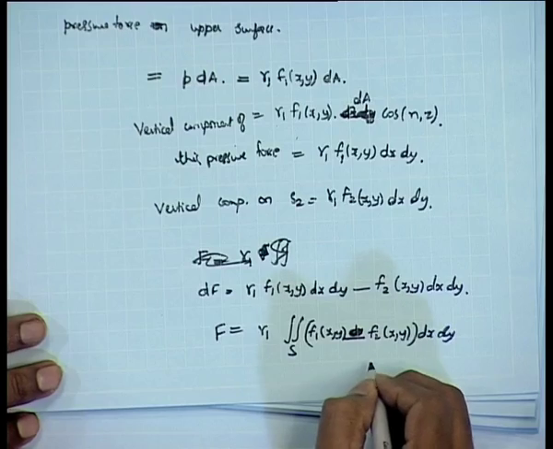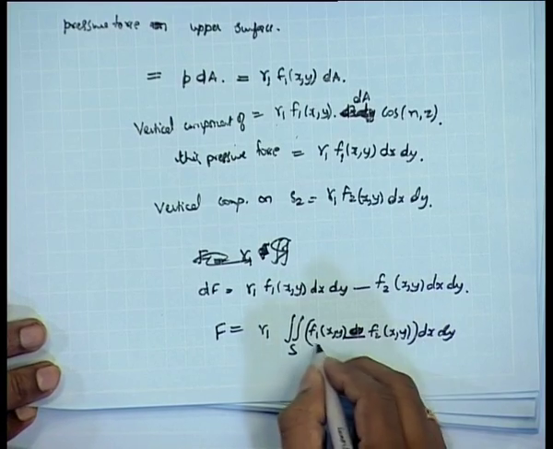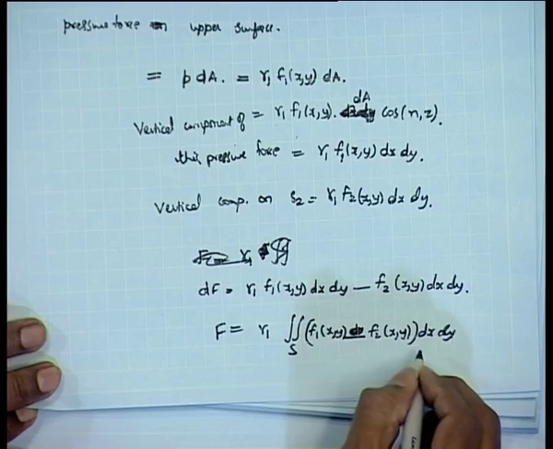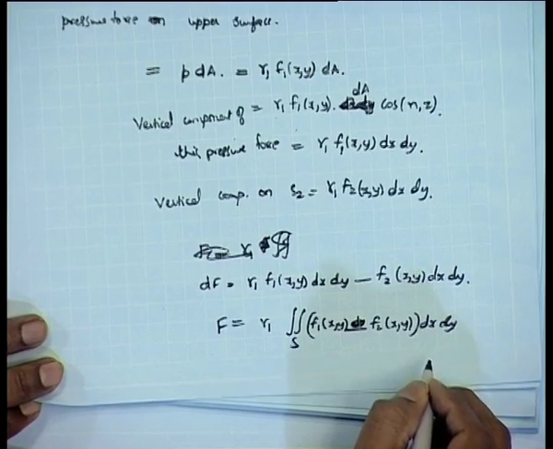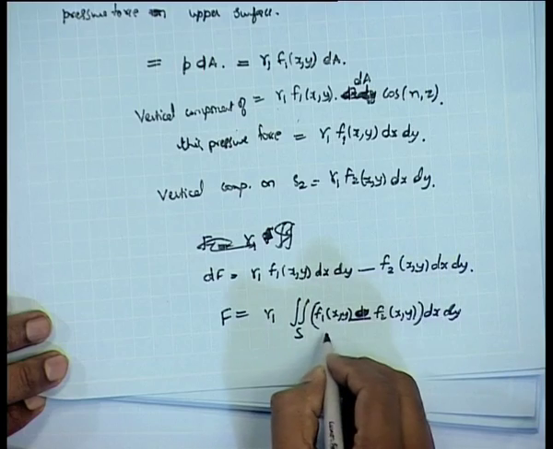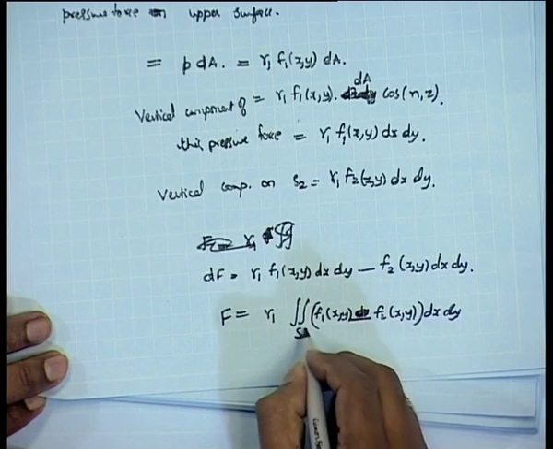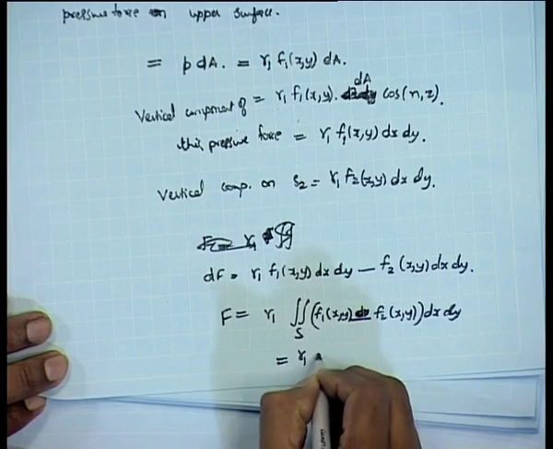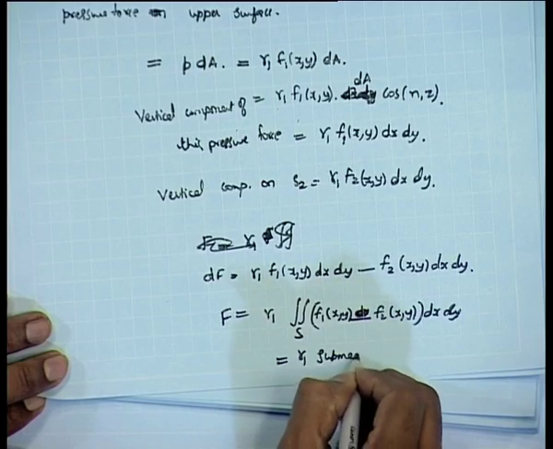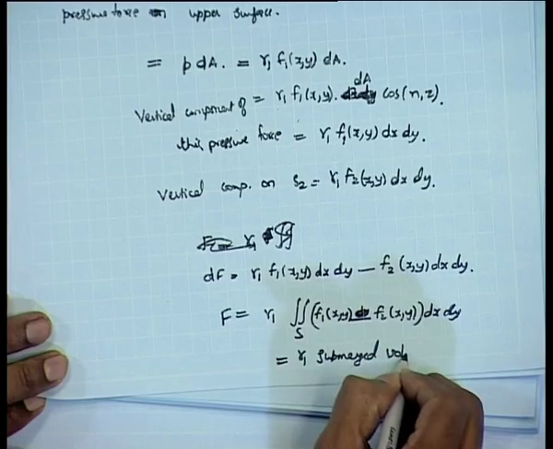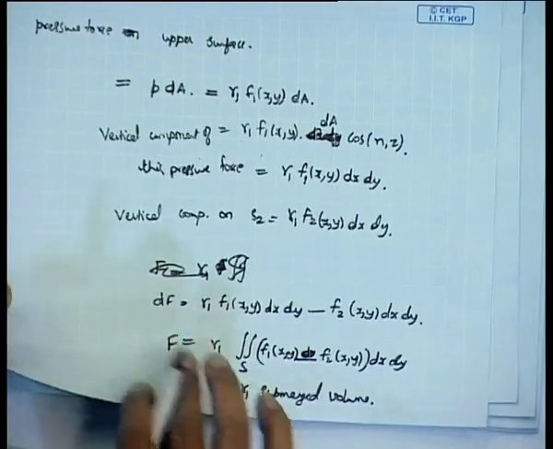Now, what is this? This is basically f1, this is basically z dx dy. It is equal to the volume of the body. This is the volume of the body submerged, the submerged volume. So, gamma 1 into submerged volume, and therefore, what we get here is that the force on the body,